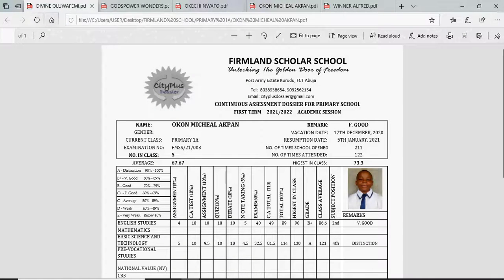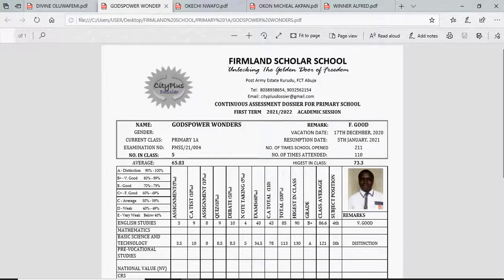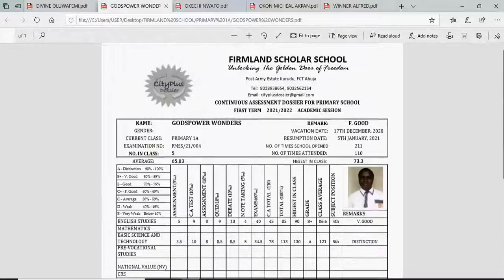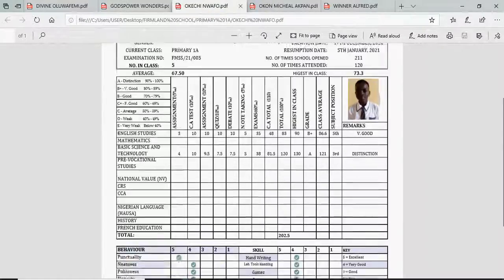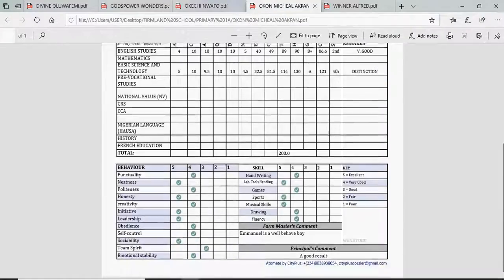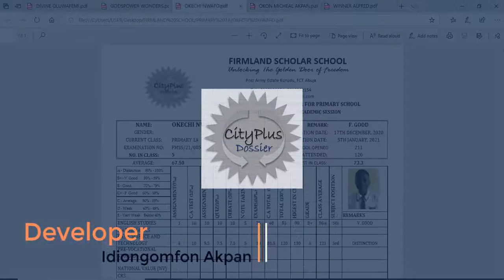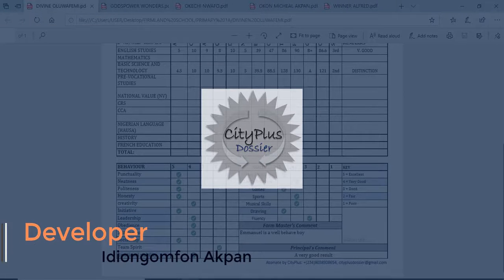Now these are the results. This is the PDF of each result. Because we didn't enter all the subjects, it is like that. So we have it. We put it this way. We are going to see different students have different psychometric. So look at this, everything that